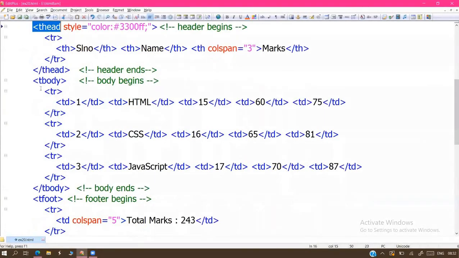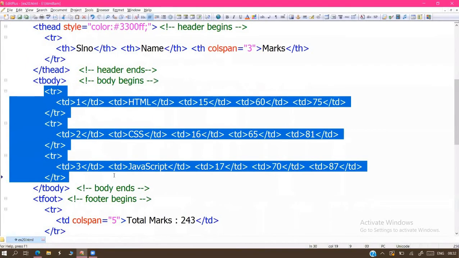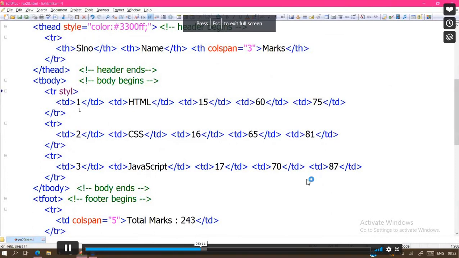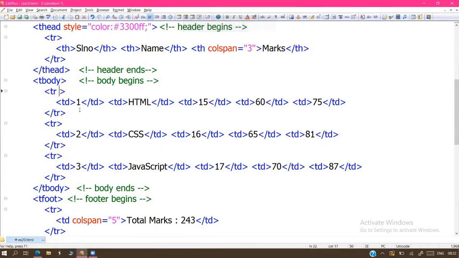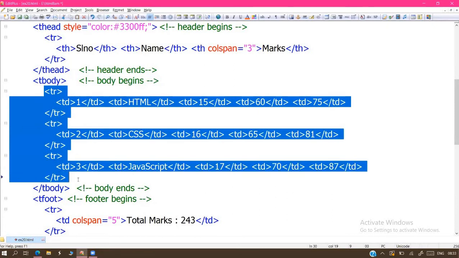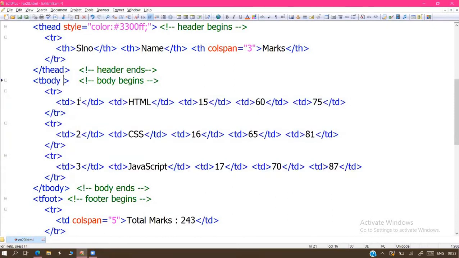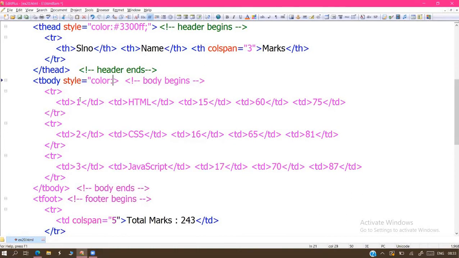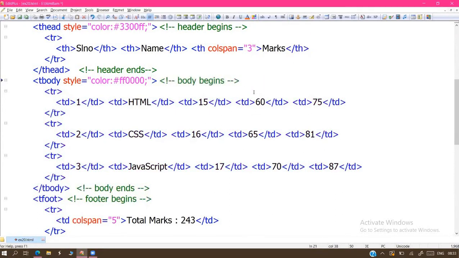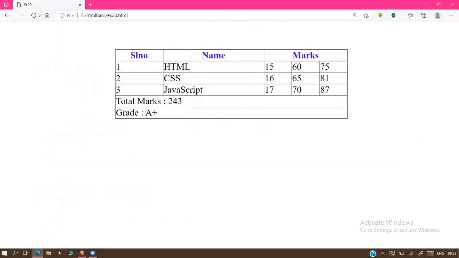Next, the tbody, sir. In the body, we have a total of 3 rows. I want to display these 3 rows with a uniform color, sir. Normally, we have to write the settings 3 times. For this row we have to write the style, again for the second row, third row, fourth row. However many rows or subjects are available, that many times we have to apply the CSS and HTML settings. But with the tbody, sir, we write it here. So the color is red. Now the total body comes with the red color. Only the body comes into the red color.